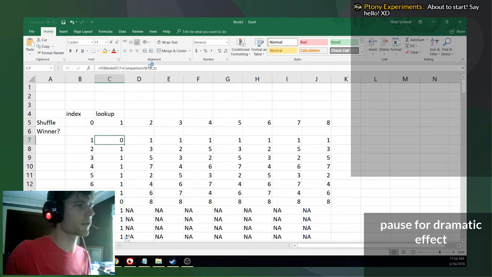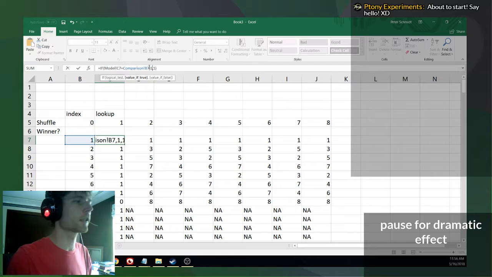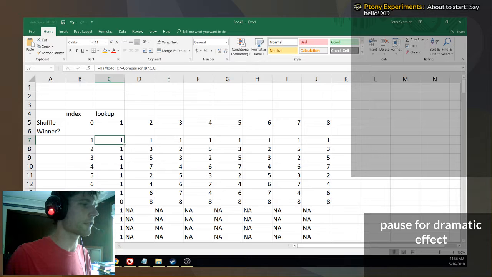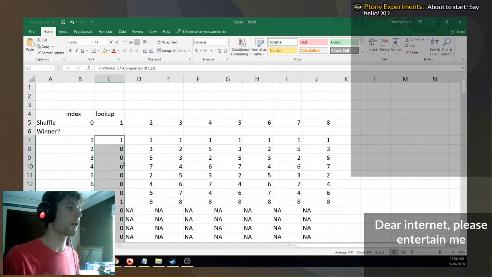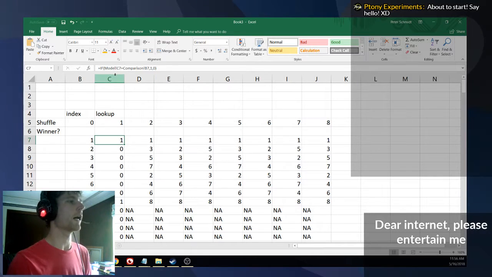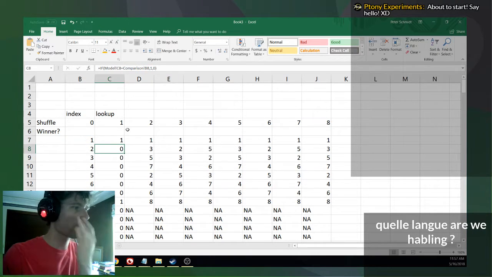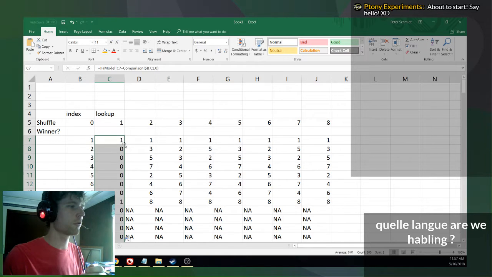Why don't we reverse these? So if those two cells equal each other, that tells us that that card is in order, and if it's not, then that tells us it's not. Okay, so we can tell that we've got two cards in order here. Now, of course, we need to make sure that our index doesn't change ever. So B7, we need to put a $ sign in front of the B. Okay, and now we should be able to drag this over